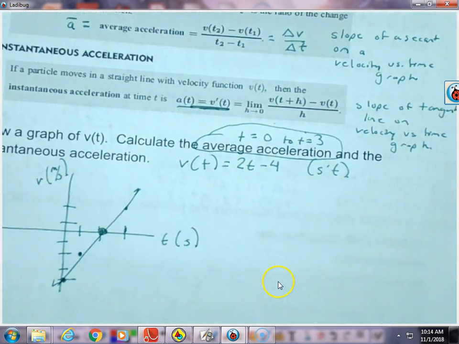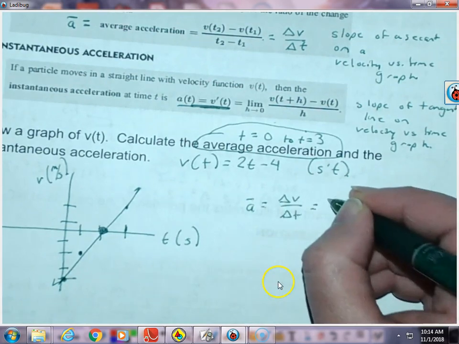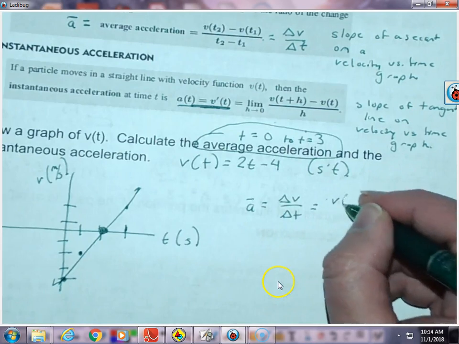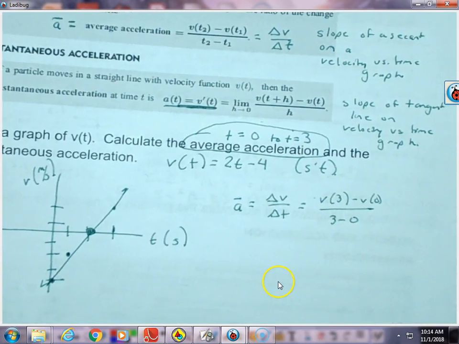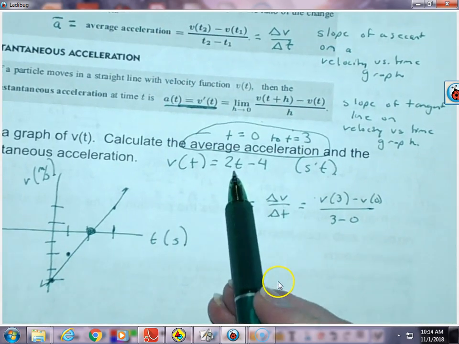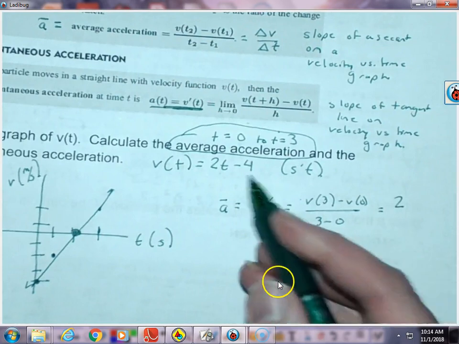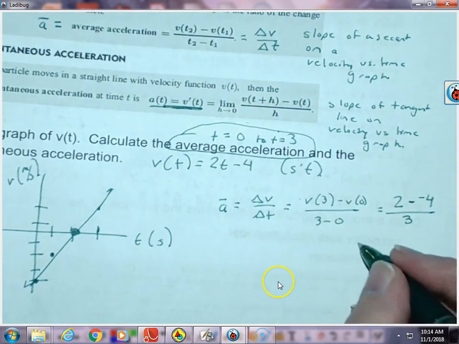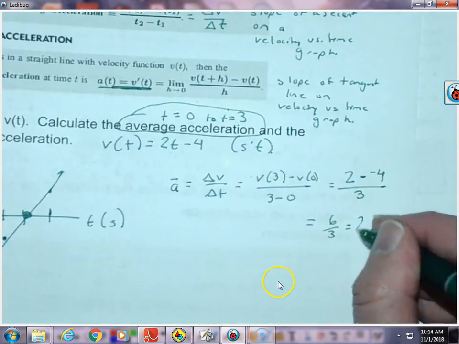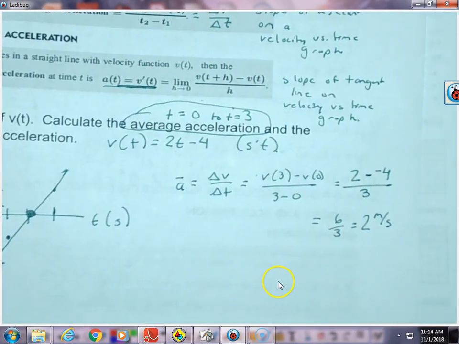So I graphed it. They want average acceleration, which is change in velocity over change in time, between time is 0 and time is 3. So v of 3 minus v of 0 over 3 minus 0. So we need the velocity at 3. If you plug 3 into this, what are you going to get? 2. And at 0? And that'll be over 3. So we get 6 over 3, or 2 meters per second squared. Now that is the slope of a secant line on this line. So if you think about it from